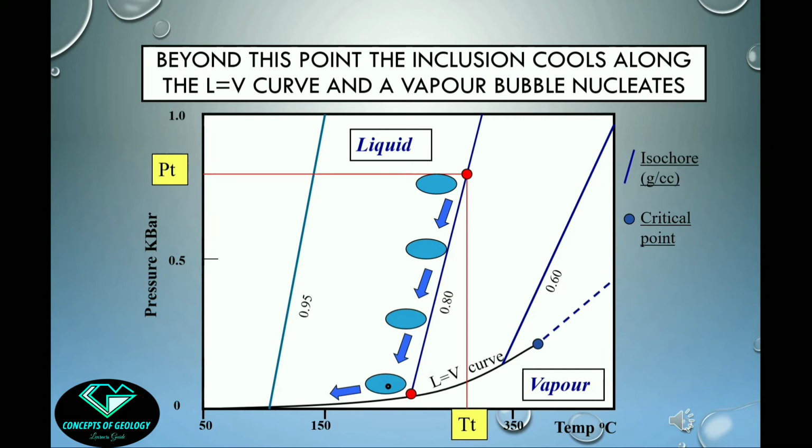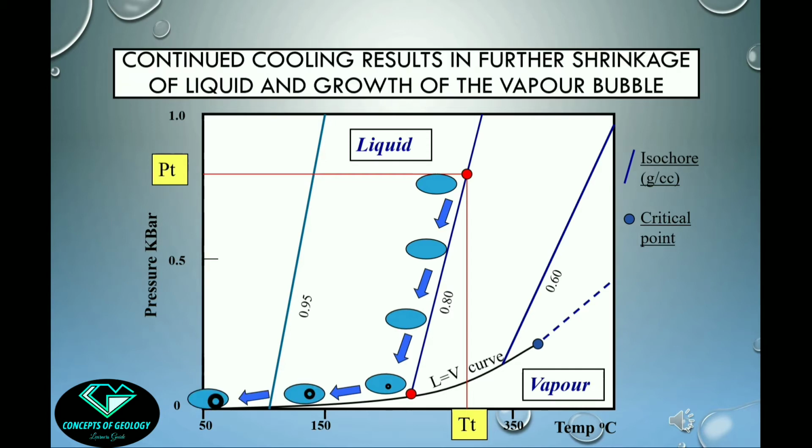That means the contraction of the liquid inside the inclusion has started. Now with gradual decrease of the temperature, the liquid inside the inclusion is contracting, which is creating more room for the vapor phase. So the vapor bubble will expand in volume and the liquid is contracting in volume. Clearly it will result in the increase of the density of the liquid within the inclusion. So this is the process of the formation of the fluid inclusion and the vapor bubble with continued cooling of the host crystal. This is described through the PVT diagram of pure H2O phase.